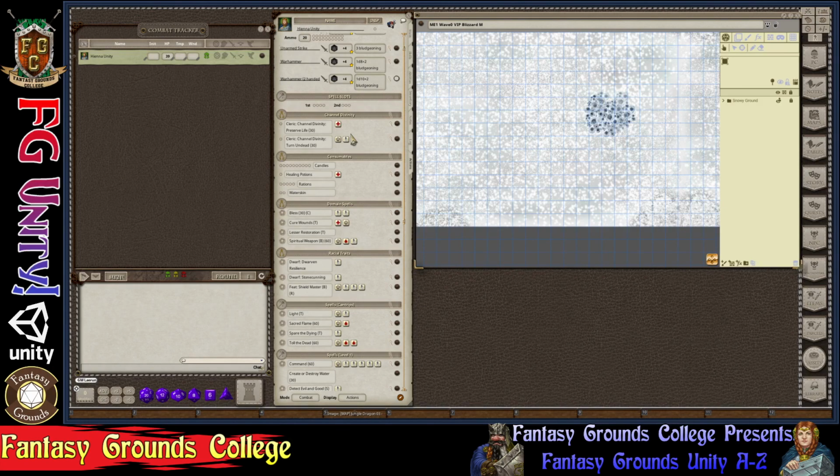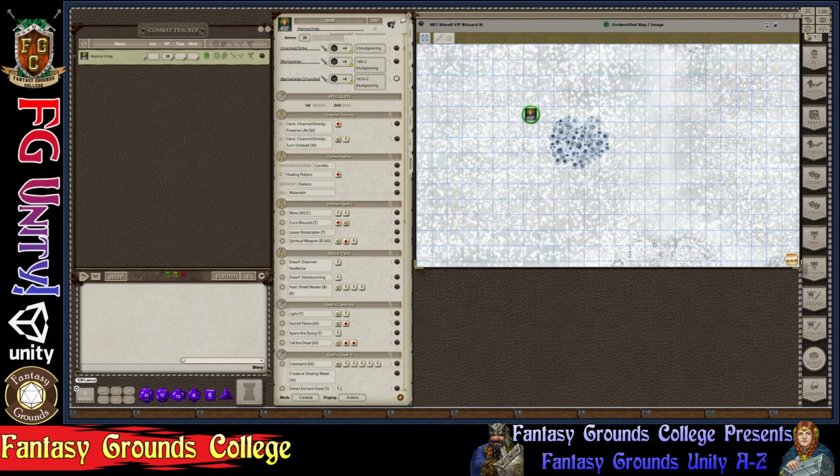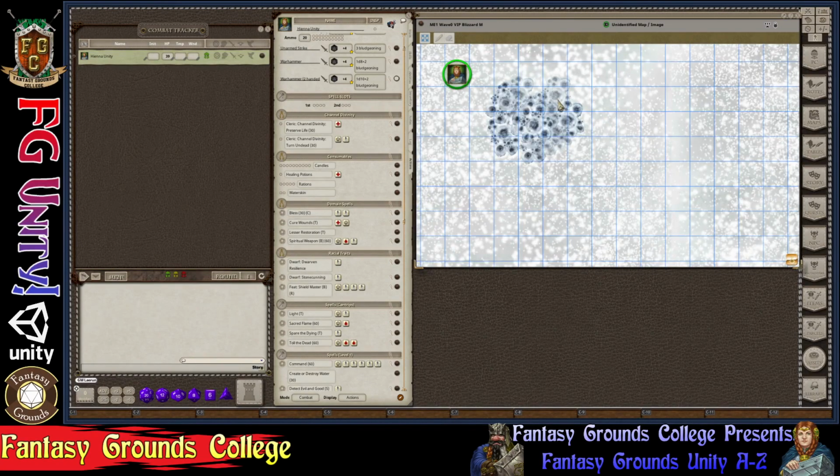So on her character sheet, it says she can move that. However, I know that this is rough terrain, so it's going to cost her at least 10 feet to move through here. So I'm going to tell her, hey, you can't just move through there. You have to kind of pick through it, kind of climbing on this stuff. So instead of being able to move all the way through, she might be able to get to the other